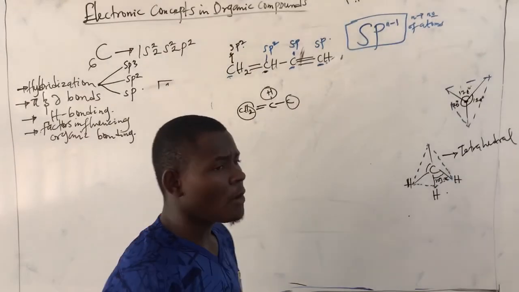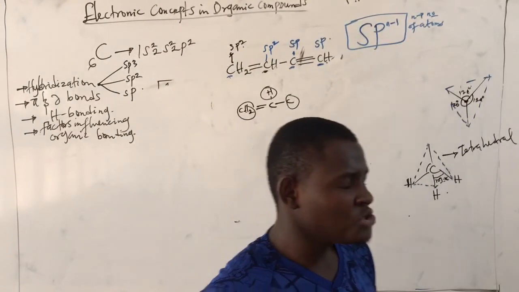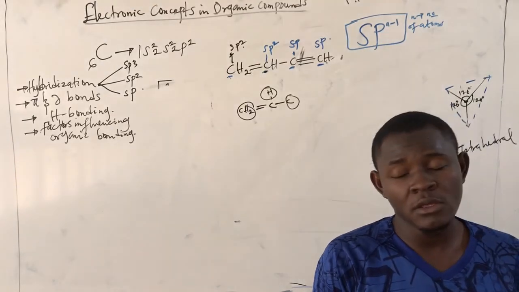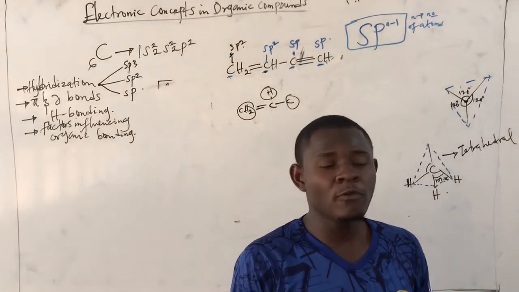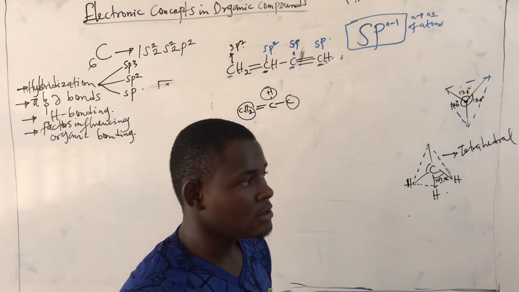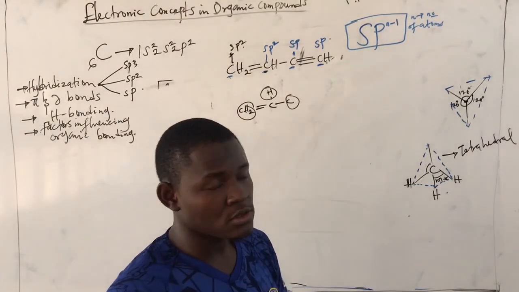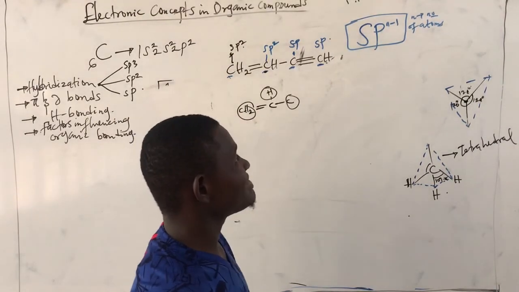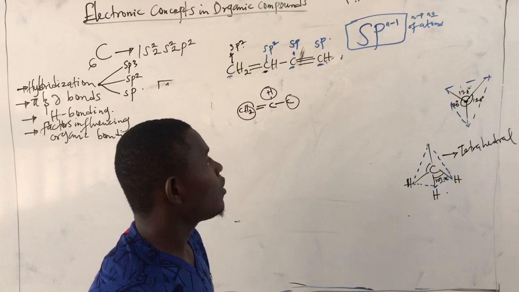However, if the compound contains other elements like nitrogen or oxygen, and we use the presence of a lone pair of electrons to indicate the incomplete bonding, so if you do that, you'll be counting your n as both the number of atoms